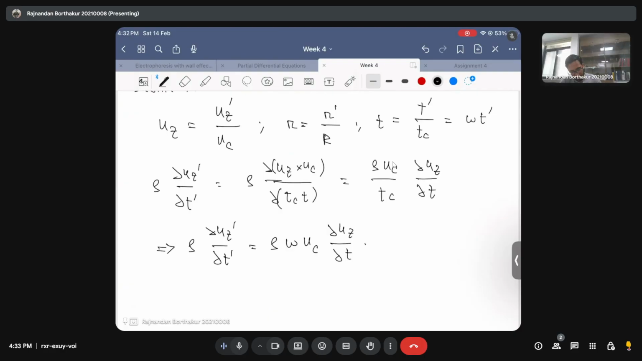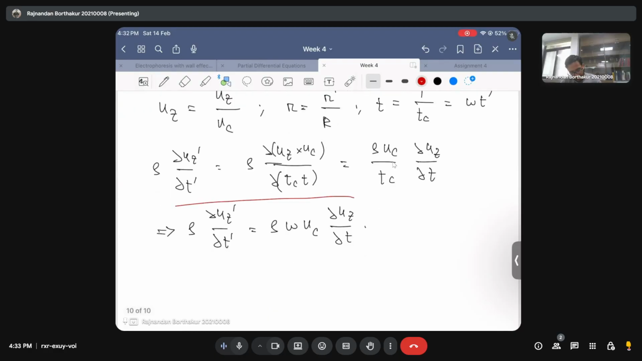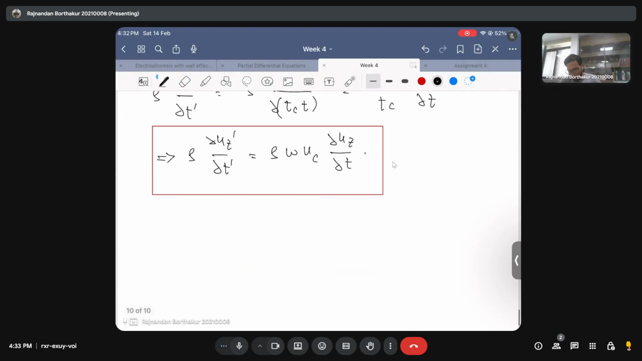Okay, so that's what the first term basically looks like when you write it in terms of the characteristic and the non-dimensional variables. Okay, then let's look into the other term. The other term is simple. I have the pressure gradient, which is,